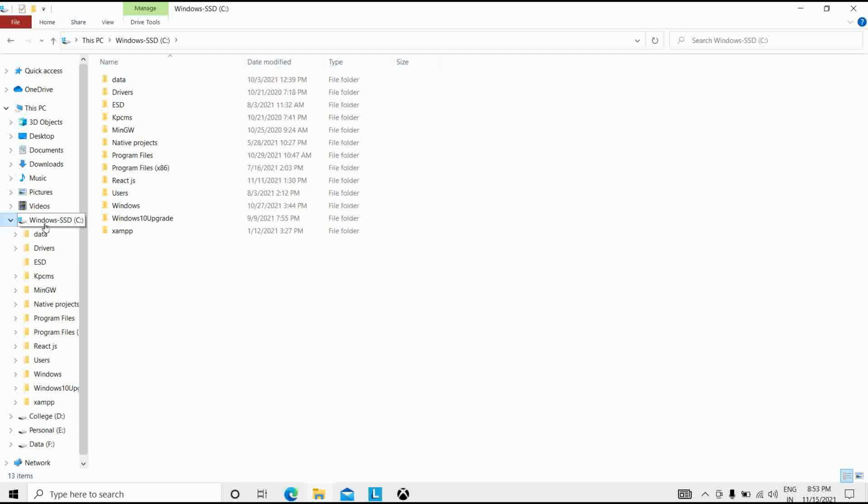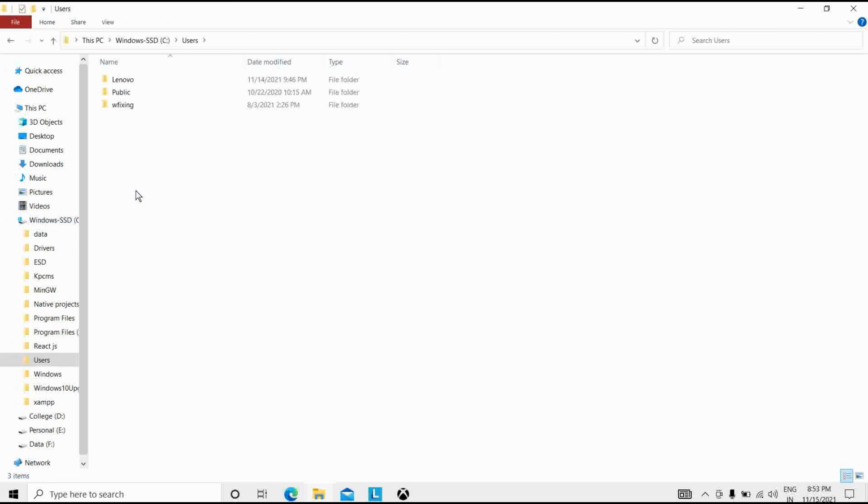After that, we have to choose our username. Username, Documents, Command and Conquer Generals Data. So I will open Users, then username, Documents, Command and Conquer Generals Data.